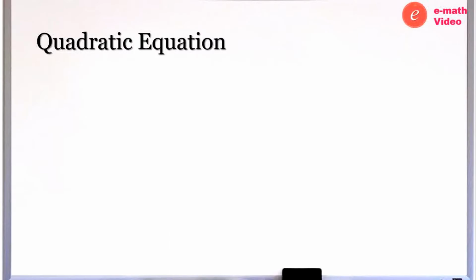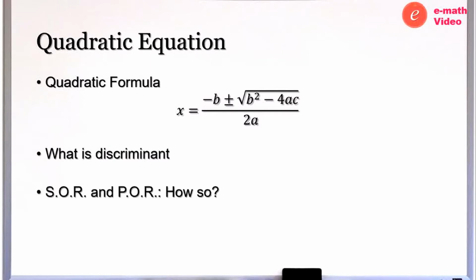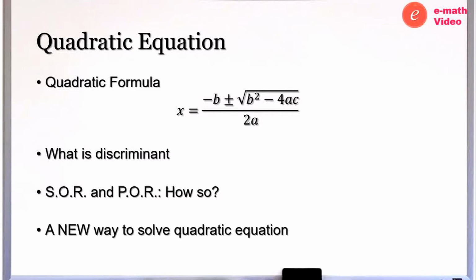I mean, have you ever wondered, where did we get the quadratic formula? What is the discriminant in the formula? Sum of roots and product of roots, how do they work? And finally, is there any other method to solve quadratic equation other than factorize, completing the square, graphical method, or